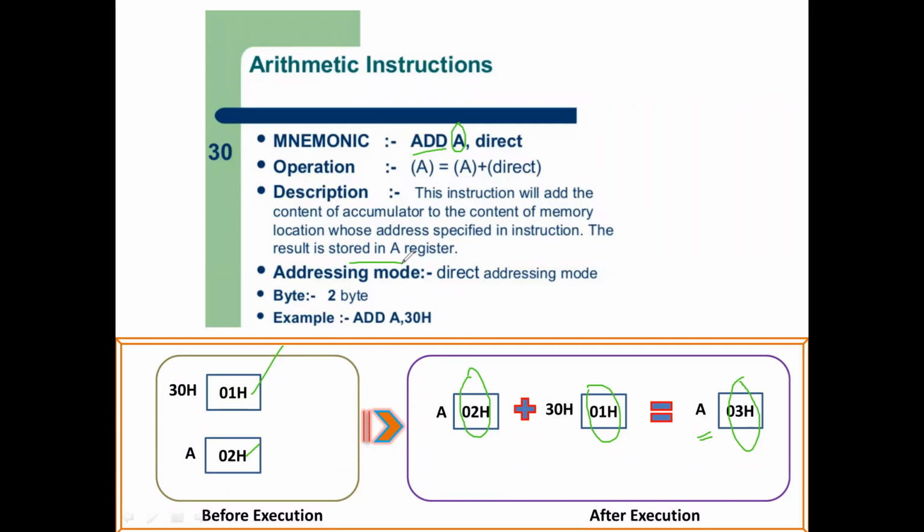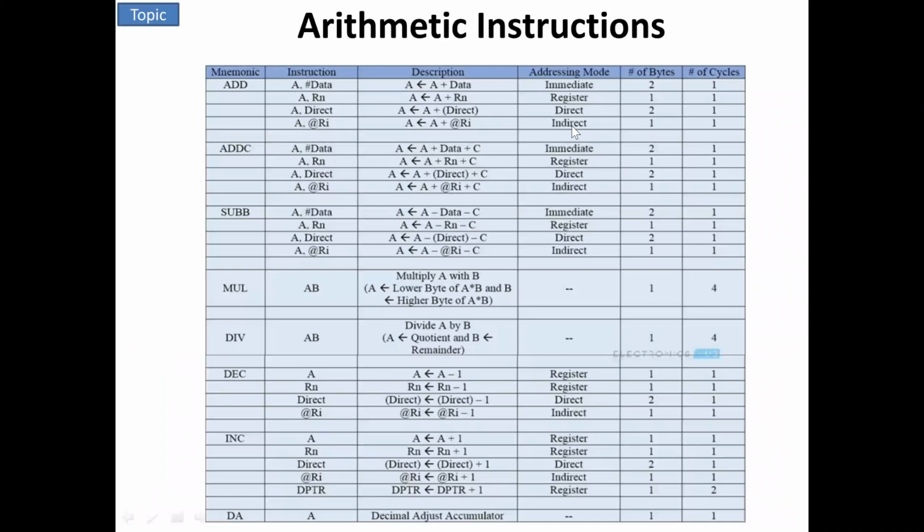If you're clear in this, you can understand the lab and all. That's why I'm taking a lot of examples, right? After learning this, go to the table. Just by looking at the instruction, you must understand what the operation is. No learning by heart, nothing. No need to remember anything. Just by looking at the instruction, you must understand. That's it. Don't memorize anything.